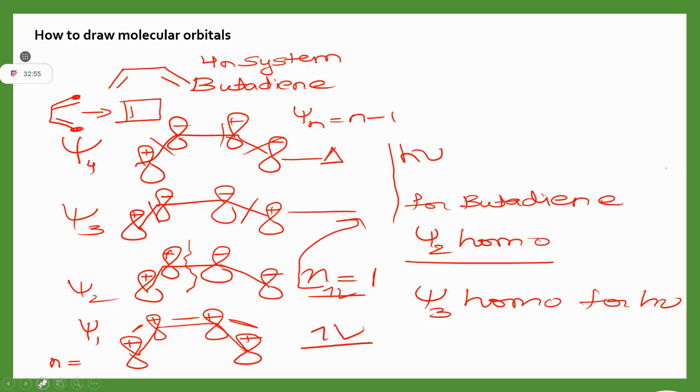So in electrocyclic reactions, your first target should be to know whether your system is 4n or 4n plus 2. After you know that your system is 4n, let's say, then you have to find in which type of wave psi your HOMO is. For butadiene, psi 2 is your HOMO in thermal condition, and in presence of light, psi 3 is HOMO, right? Let's say psi 2 is HOMO in thermal condition,